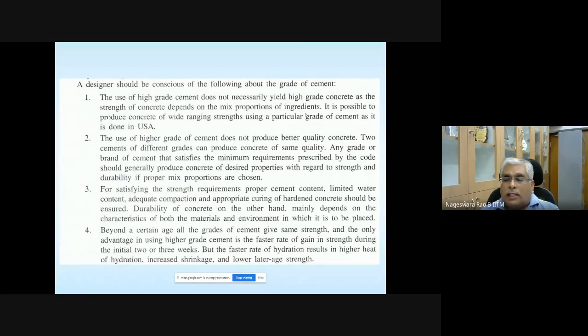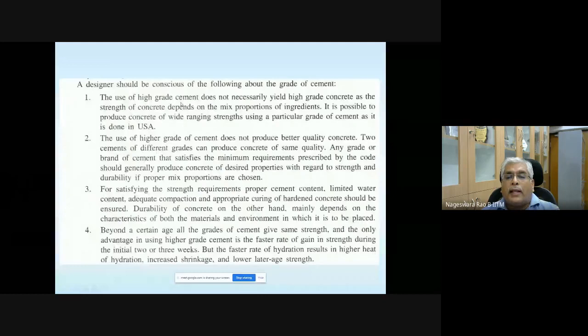And just after going through these notes, I will also show you a few of the grades of concrete. You don't need to actually do mix design. IS 456 is directly giving you how much amount of cement has to be used, what is the proportion of fine aggregate to coarse aggregate, all that is given. I will show you that table as well. Okay, so let's go through this once again.